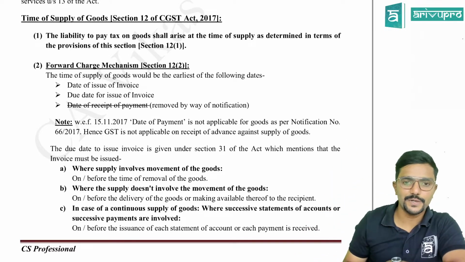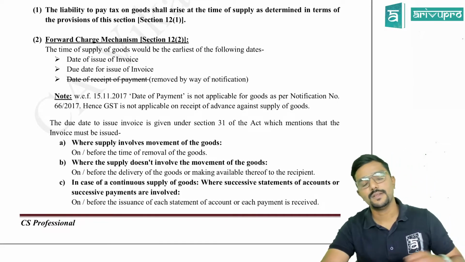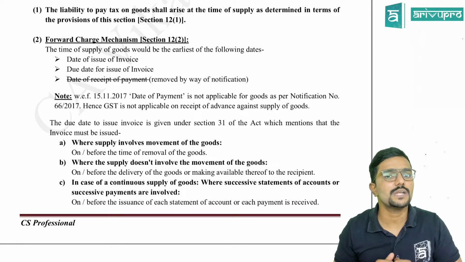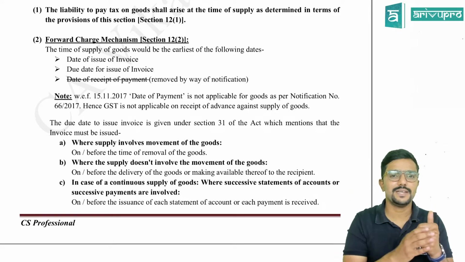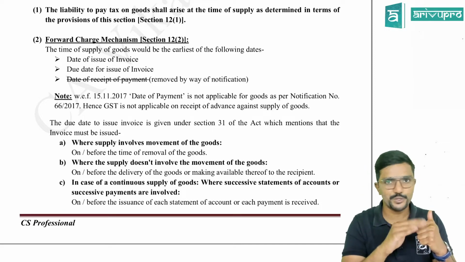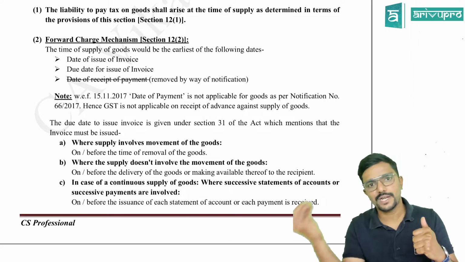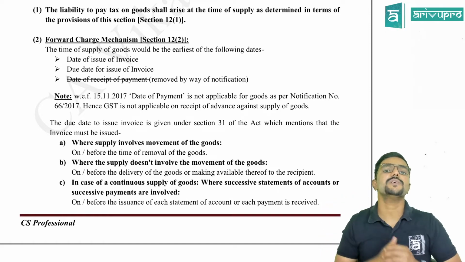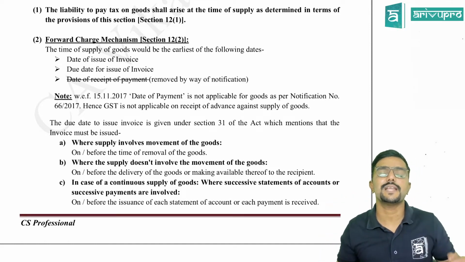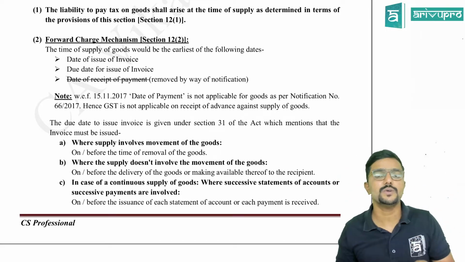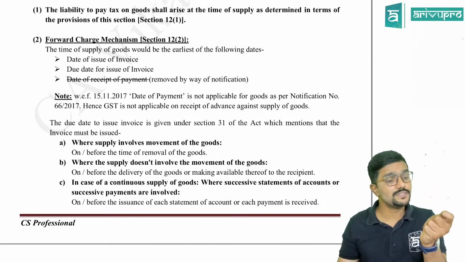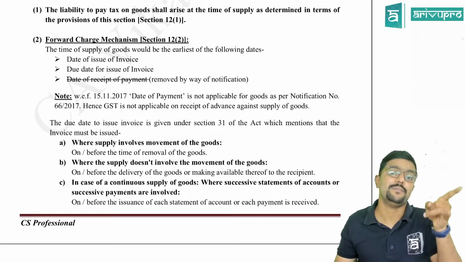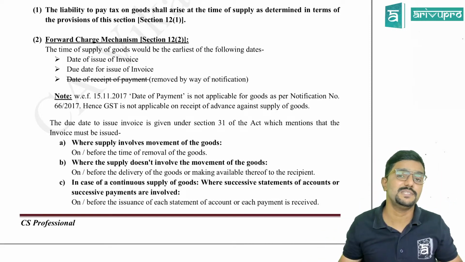So what is subsection 2 telling? We will see. Forward charge mechanism. See, guys, there are two mechanisms, as you already know: forward charge and reverse charge. Under forward charge, who is liable to pay tax? Supplier. The supplier is the one who will supply the goods. He is the one who will issue tax invoice to the recipient, and he is the one who will collect the tax from the recipient and remit it to the government. Agree? Now coming to reverse charge. Under reverse charge, the recipient is liable to pay tax. He is the one who is receiving the goods. He is the one who is receiving the invoice or any other document, and he is the one who is making the payment. He is not receiving the payment, making the payment. Please be very careful. Agree?